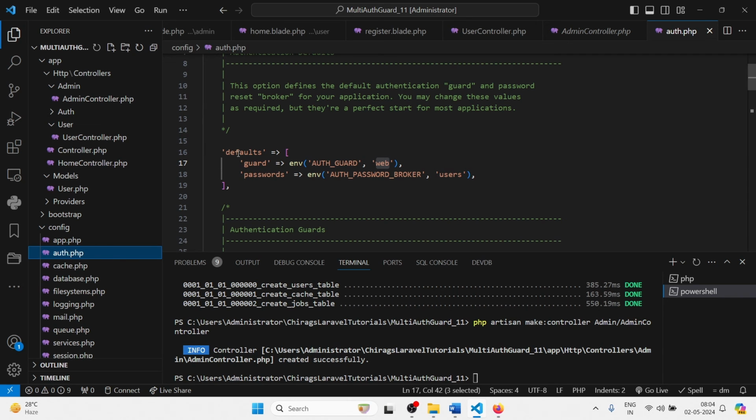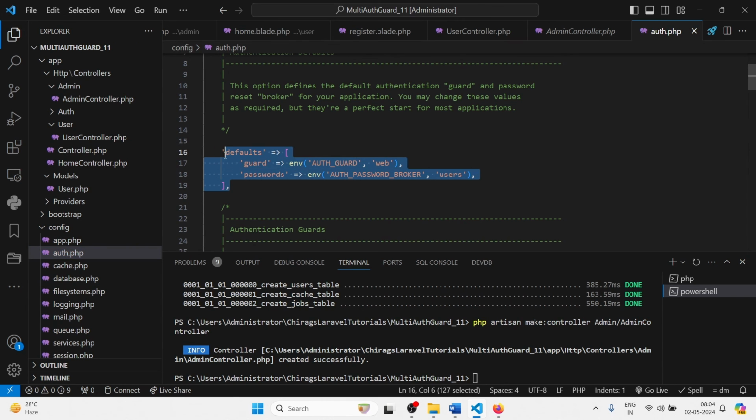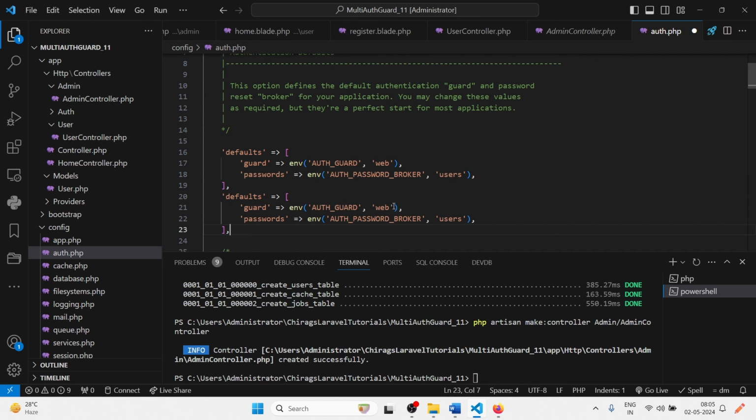So in default there is a web, and second I'll just create the guard. Default guard name is web, and this will be the auth guard is admin,